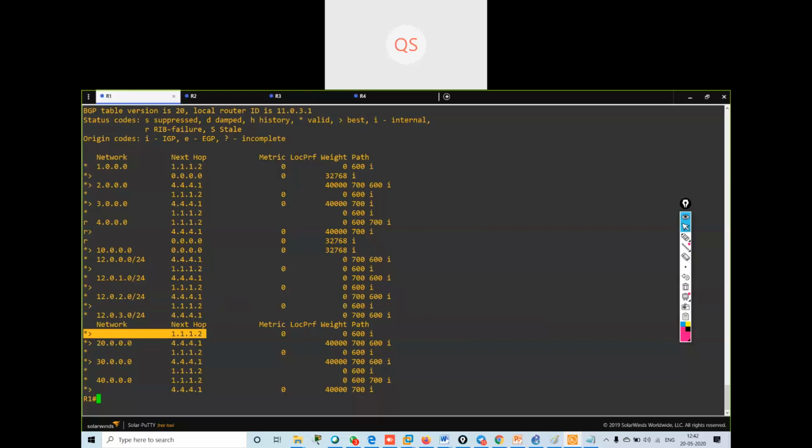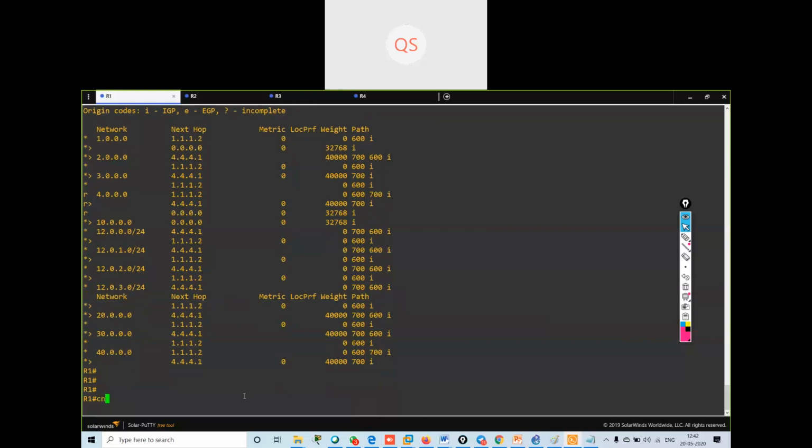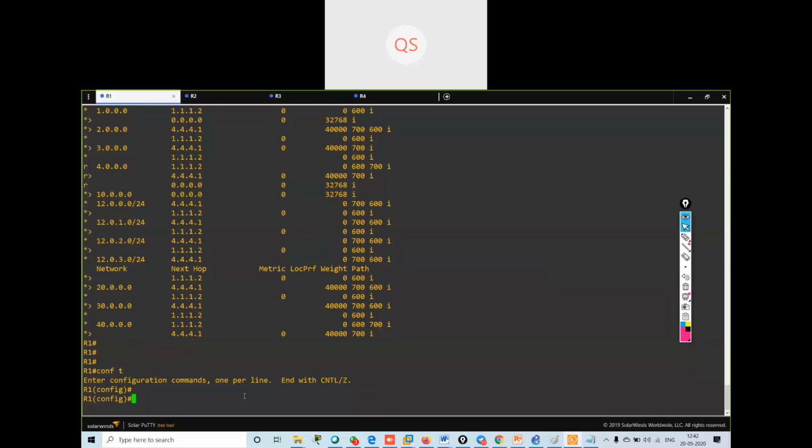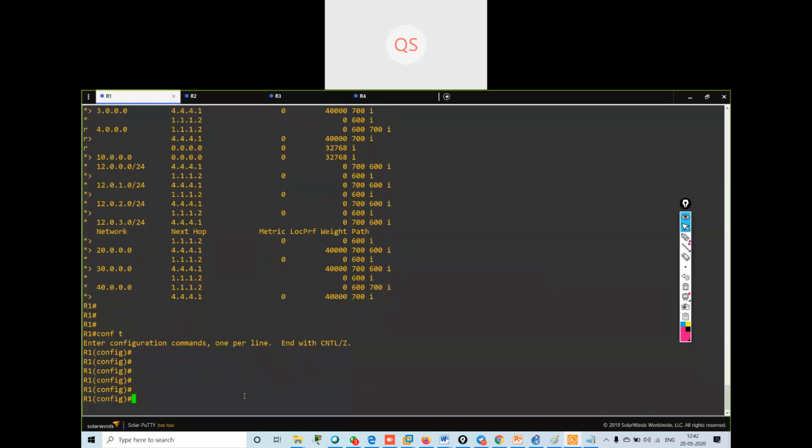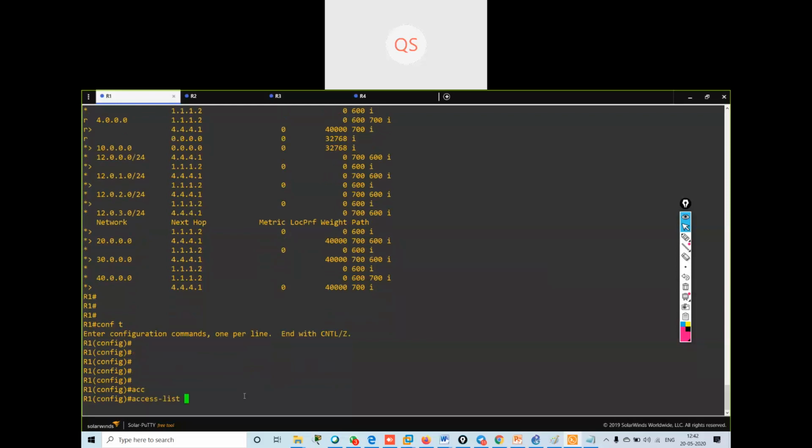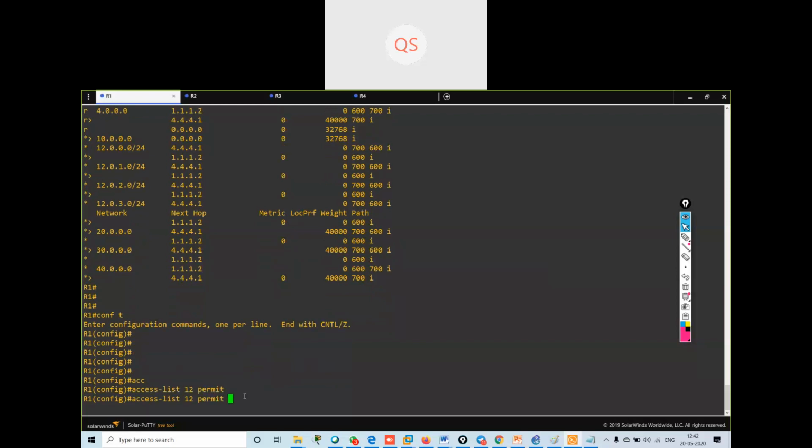I will configure the route map here on R1. You know how the route map works. First I have to create an access list. Suppose I create access list number 15. I will say permit the 12 dot network with the wildcard bits.